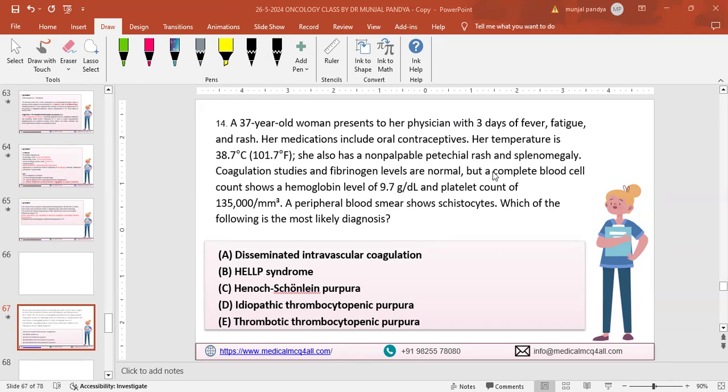What's the answer? ITP. Okay. ITP. So first of all, let me tell you, this is not the ITP case, but still we'll discuss it for educational purposes. Is that clear? Yes, sir. Okay. So now you tell me why you selected ITP. What points favor ITP, first of all?